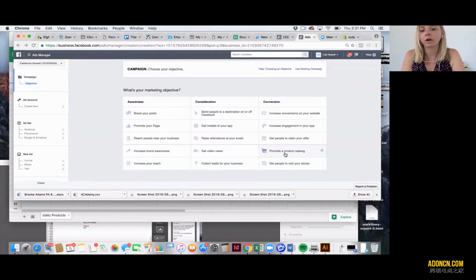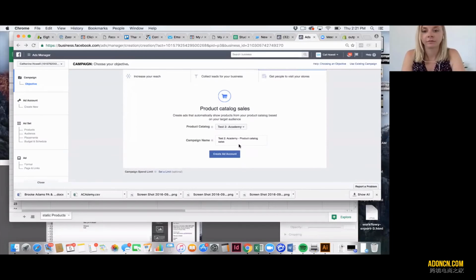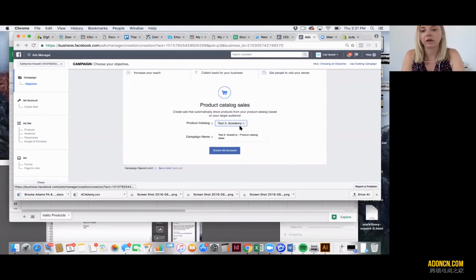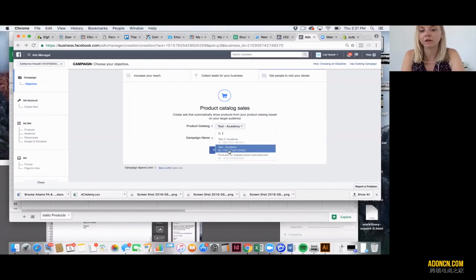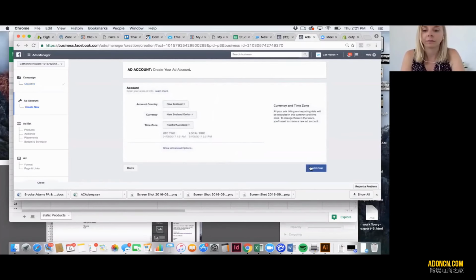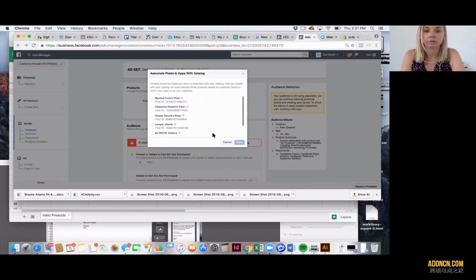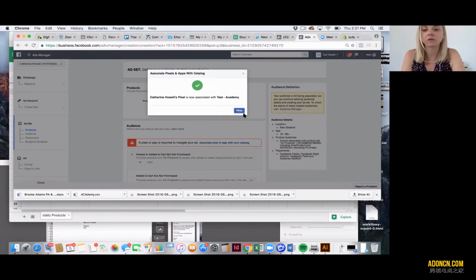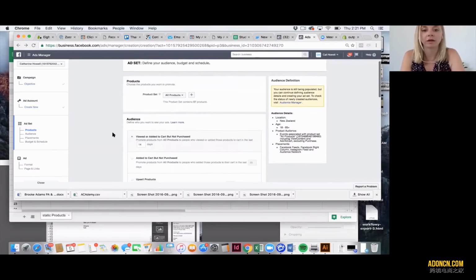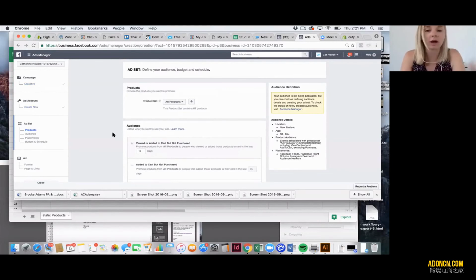So promote a product catalog. And we just select the product catalog from here. So you can see we've got this one. We didn't upload a file to this one, so we're just going to select this one. So you'd select the product catalog that you want. We're going to create it. I haven't created this ad account yet, so we're going to associate the pixel. This is only because it's a brand new ad account, guys, so don't worry about that. I don't even know how I managed to do that, but I created